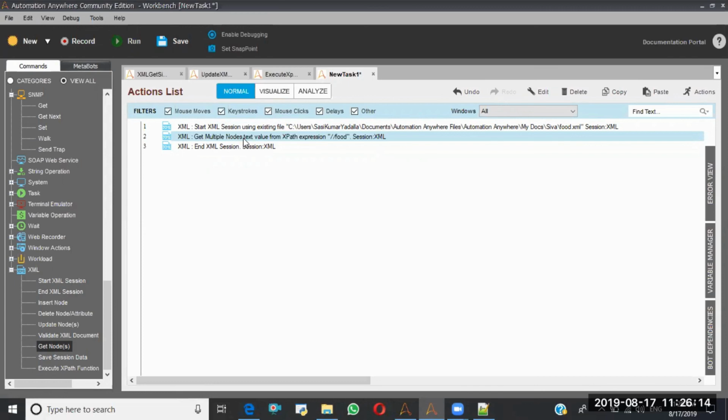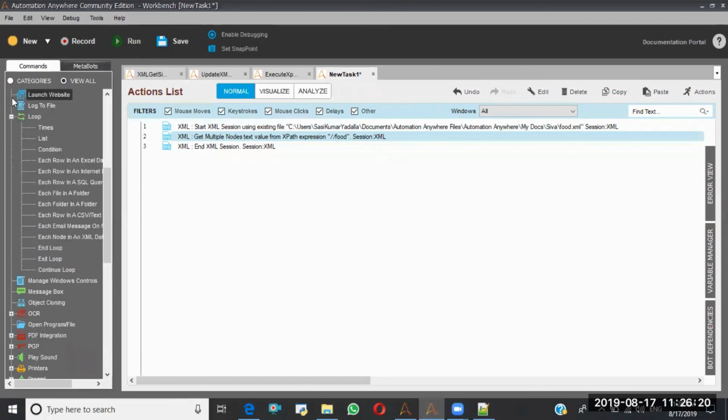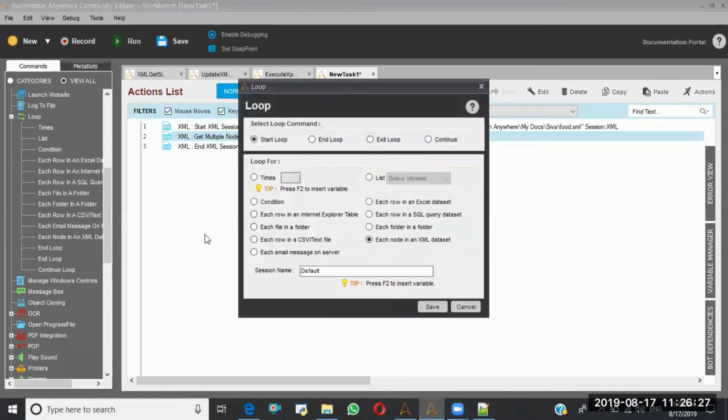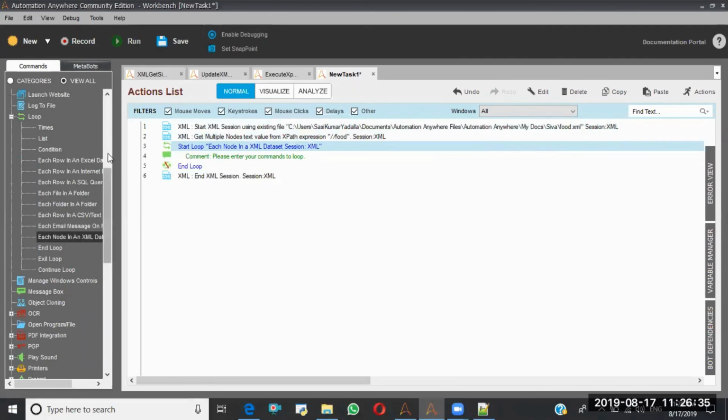So there what we will use in the Excel, each row in Excel data set, right? In the same way here also, we will have one loop that is called here, each node in a XML data set. I'm selecting this, here I'm giving the session name, XML. So now I'm giving this.